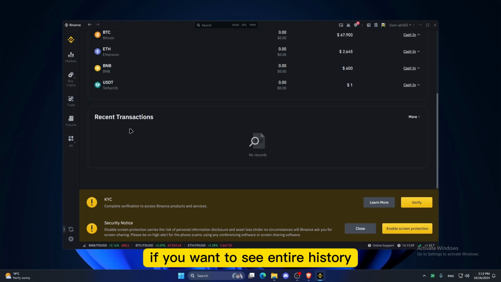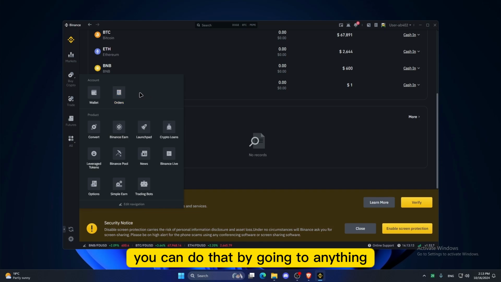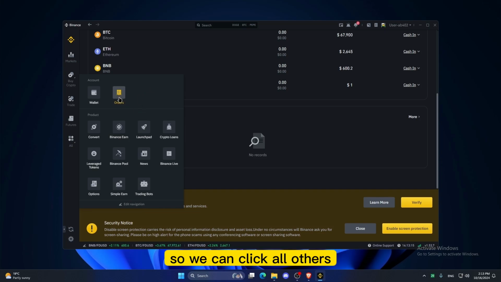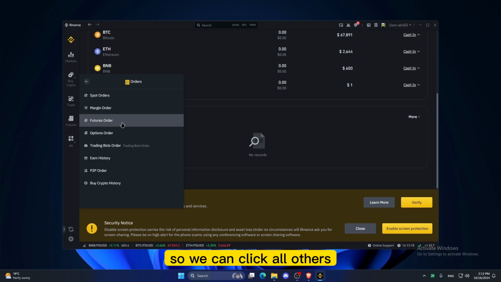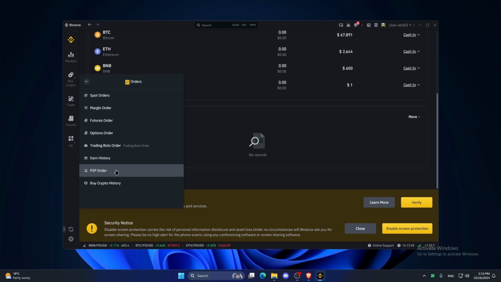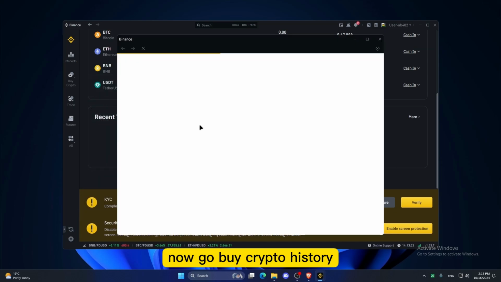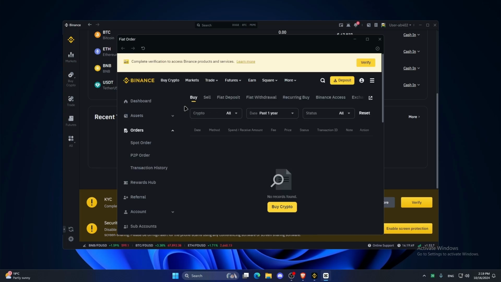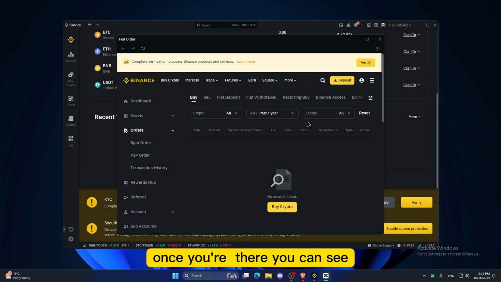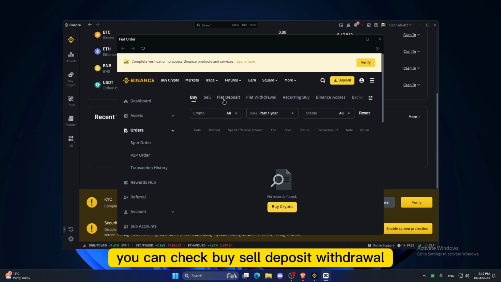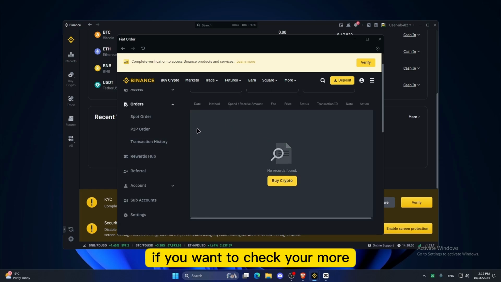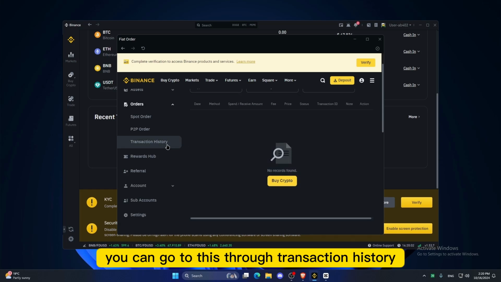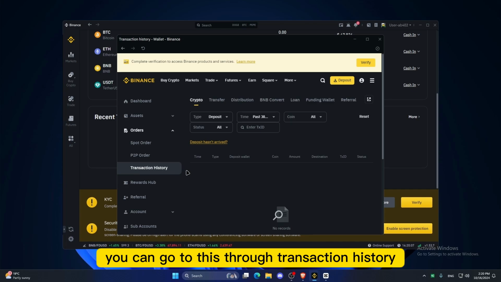If you want to see entire history, you can do that by going to anything that will lead you to dashboard. So we can click all others. Now go by crypto history. Once you're there, you can check buy, sell, deposit, withdrawal. If you want to check even more, you can go to this transaction history,